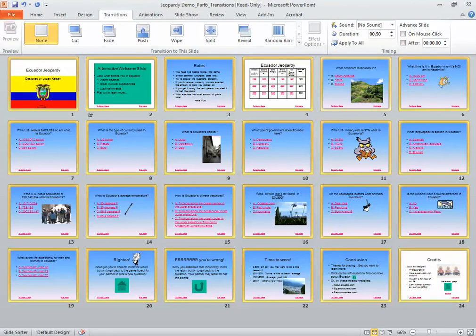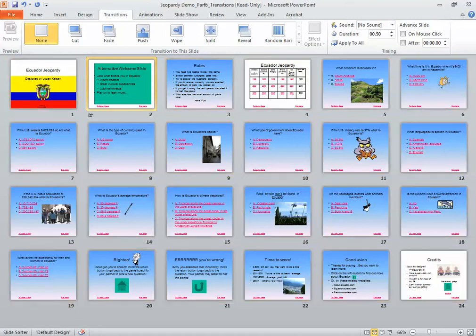Now, the trick to this next part, which is step 2, is we want to add automatic timings to certain slides, not all of these. So you need to be careful that you unselect everything and only select the specific slides that you're adding that transition to. Since we took away the ability to advance our slides on a mouse click, we need to apply it to some of these first couple slides that don't have hyperlinks like the rest of our game board and question slides. So this first one, which is the title slide, we're going to have a 3-second transition